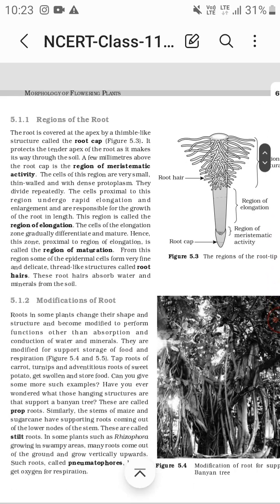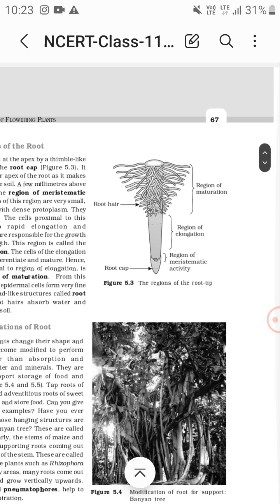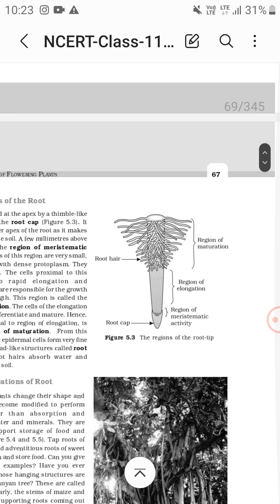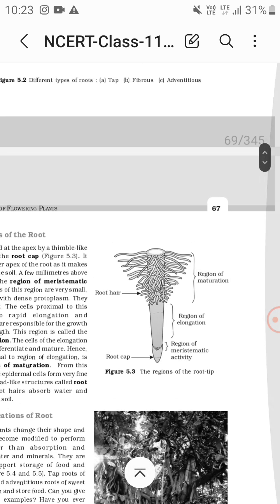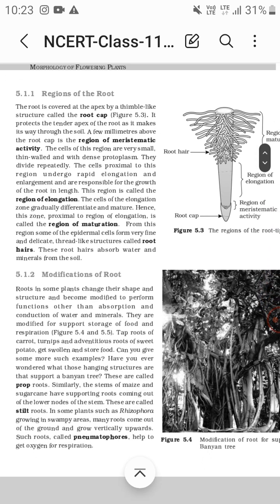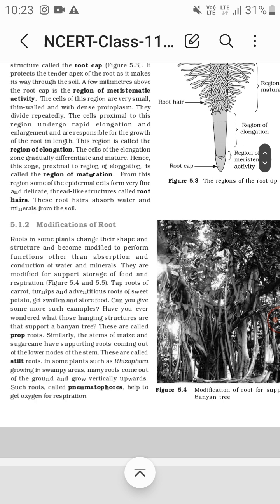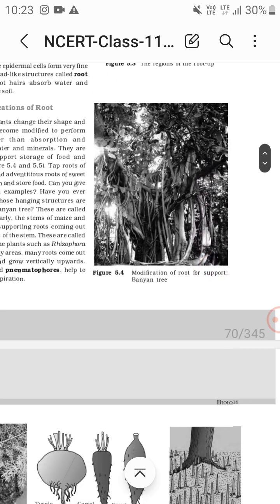Now regions of roots you see that there is a root cap at the top, then above that the region of meristematic activity, then region of elongation, then region of maturation. So root cap, region of meristematic activity, then region of elongation, then region of maturation, having the root hairs. So this is it. Now modification of roots you see